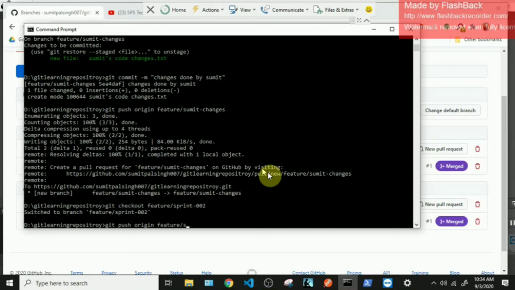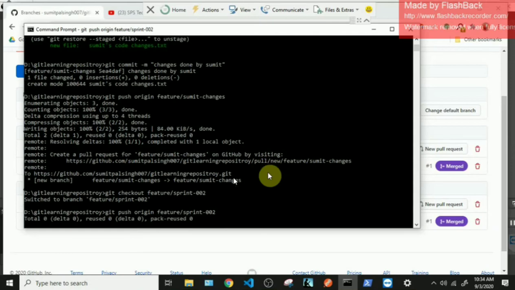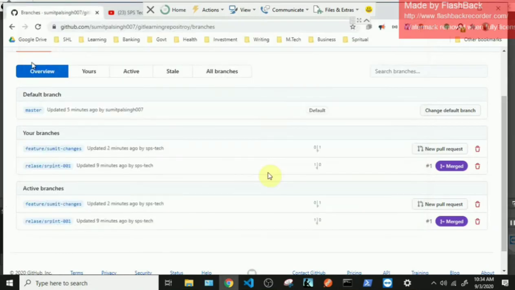Okay, so we have pushed this branch and hopefully in a couple of minutes this branch should get created. Yeah, so I'll just refresh this page and sprint 002 has also been created.